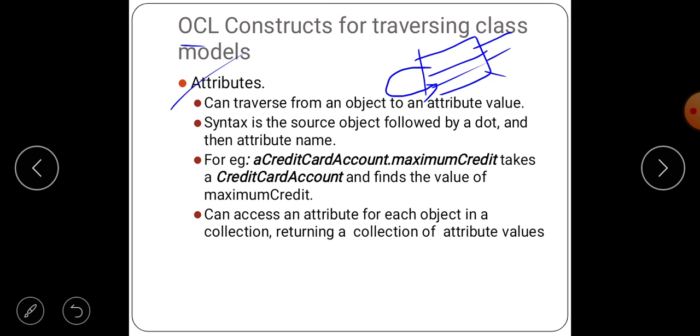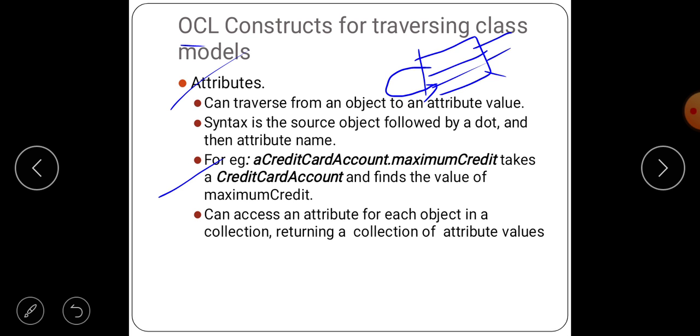The syntax is source object followed by a dot and then the attribute name. For example, a credit card account dot maximum credit takes a credit card account and finds the value of maximum credit.